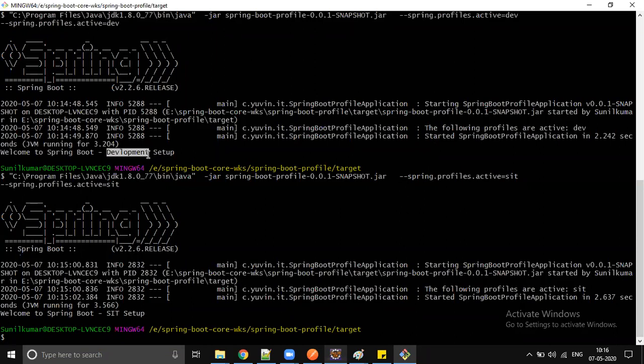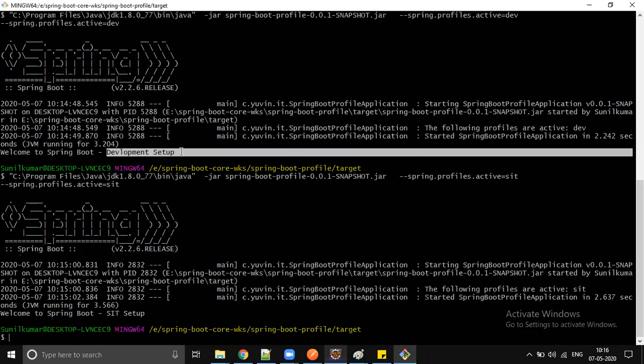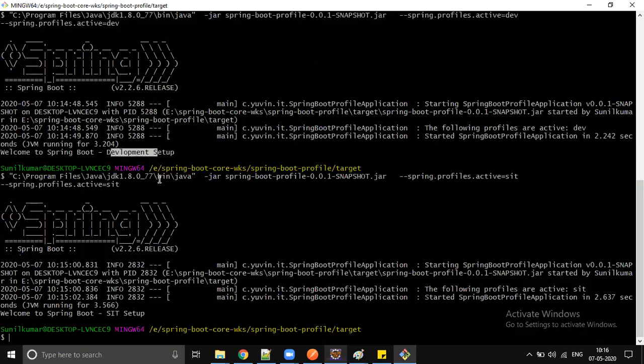For example, in your project, 5 people are working in development. So all 5 people's integrated code will be tested in development. The tester won't test it in the development environment. Once you test everything in the development environment and everything looks good, then we will move that code to the SIT, right? SIT, where the actual testers will test the code.